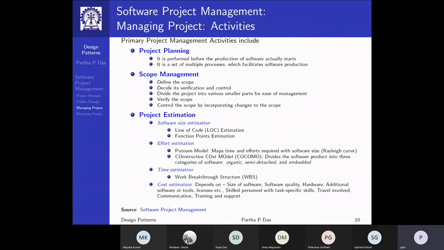When you are doing this project planning, the project is still not implemented, so how do you know how big this will be, how many people it will need, what would be the size of the software that you are going to build, and as it keeps on being built, how do you keep on tracking these parameters and doing the estimation.